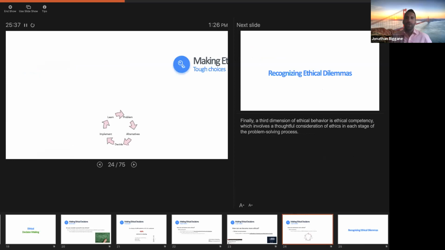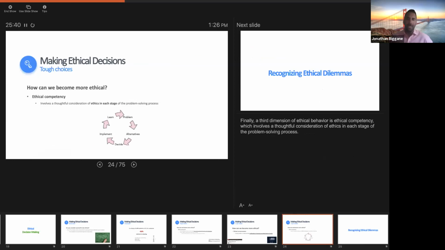So in terms of ethical competency, really what we're talking about here involves a consideration of ethics in each stage of the problem solving process. So when we're trying to develop an ethical competency, we just want to look at each stage of our systematic decision process and say, okay, am I defining this problem ethically? They defined the problem as a business one instead of a moral one, and so you could argue that they probably defined that the wrong way. Just simply go through each stage of your decision-making process and apply your own moral and ethical framework.